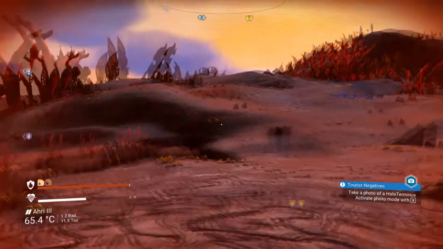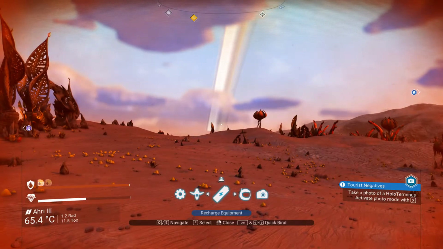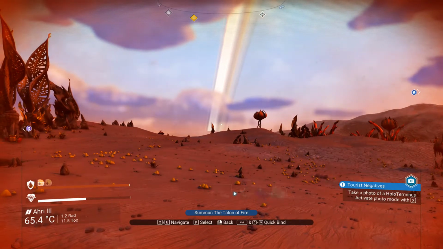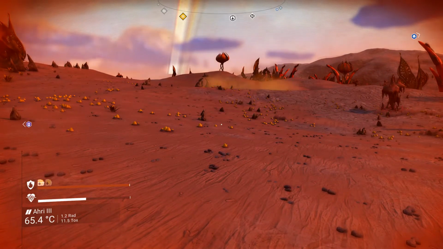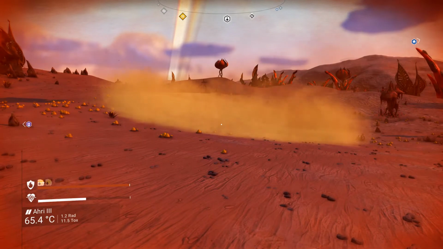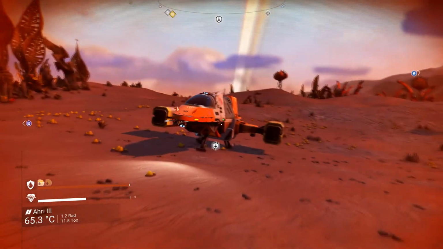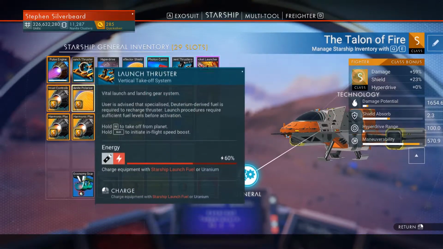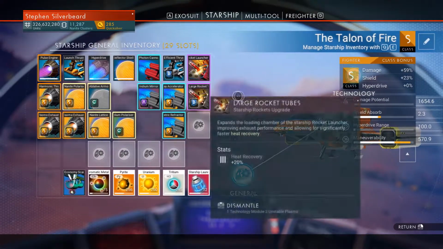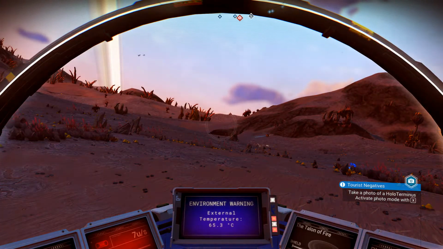Not that impressive. Anyway, time to do the test, guys. What we're going to do is come in here and I'm going to summon the ship. Jump in. This looks like we've used about a third of the fuel. So if I take off, there's some birds there, but